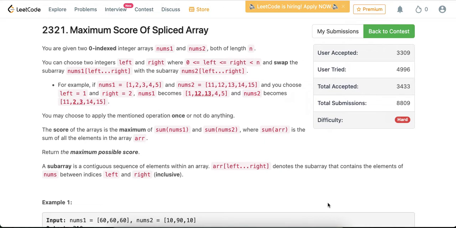So this is problem 2321, maximum score of spliced array. Let's start with the problem. We got two inputs, nums1 and nums2, both have the same length, they are arrays, and then we can do this operation where we can swap a contiguous subarray